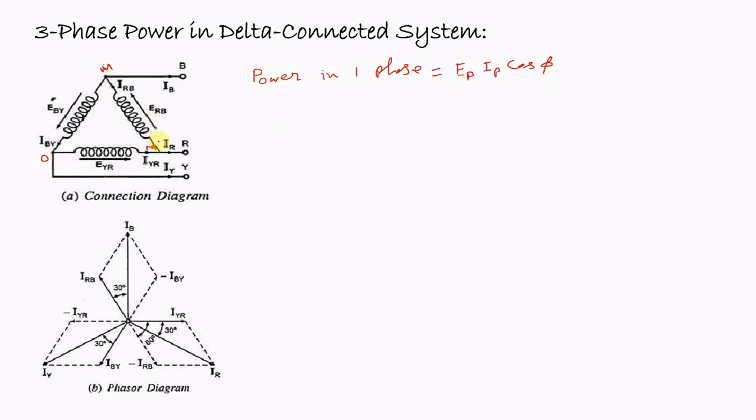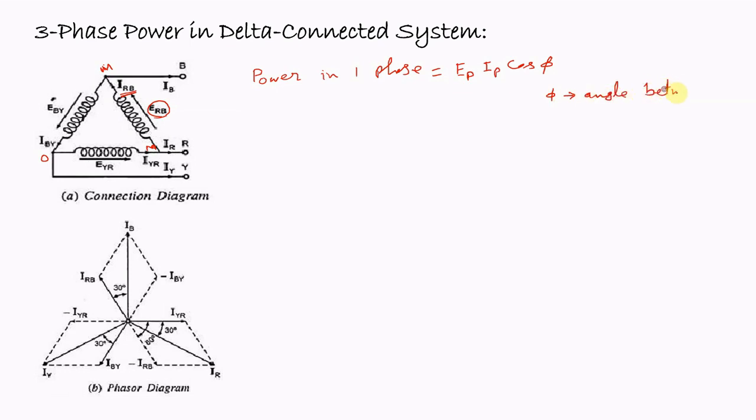So M and N is the coil. The voltage induced across the coil is considered as a phase voltage. Current flowing through the coil is called the phase current. And if phi is the angle between this voltage and this current, then the power developed in the coil M and N can be written as E phase I phase cos phi, where phi is the angle